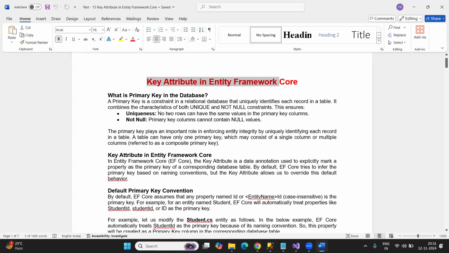From the database point of view, it is a constraint which uniquely identifies each record in a table. If I have a table and I want to ensure that each value of a particular column is going to be unique, then I can make that column a primary key column. And once I make it the primary key column,